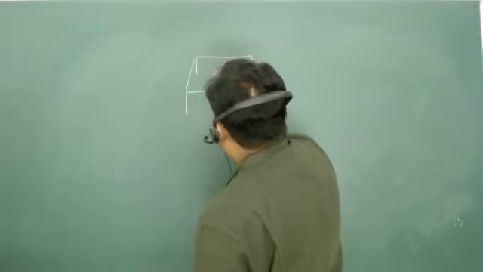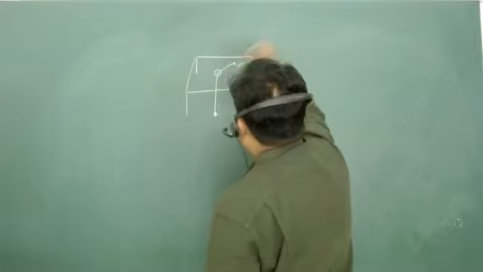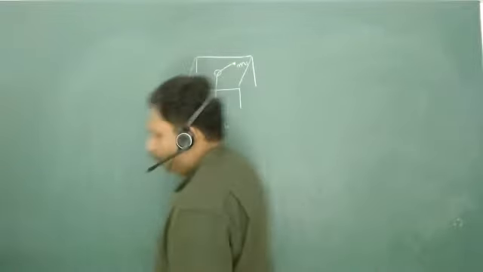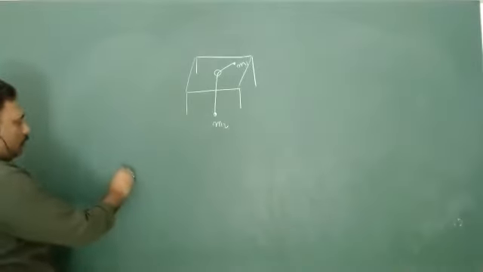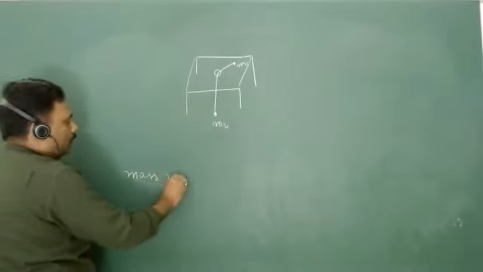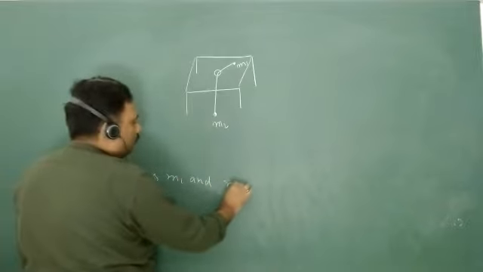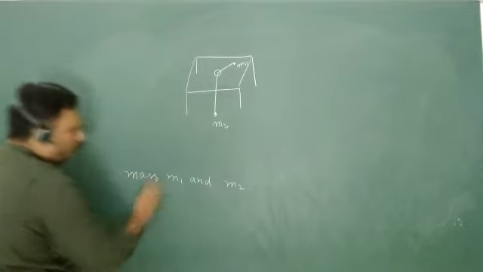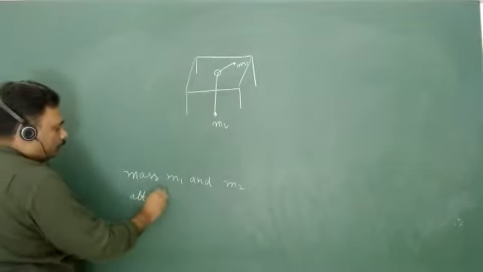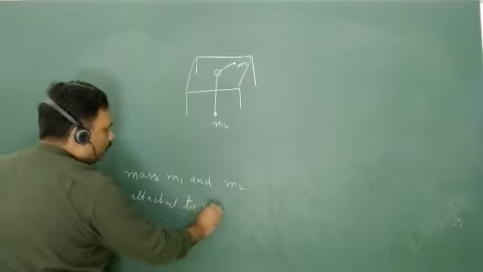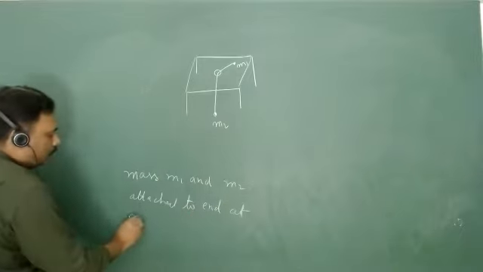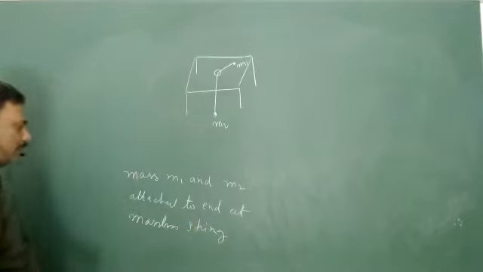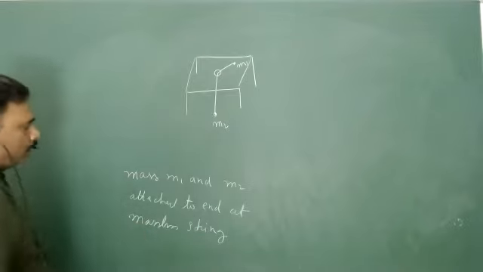So these two masses are attached to end of a massless string of length L. Suppose this is mass m1, this is mass m2, and masses m1 and m2 are attached to end of massless string,